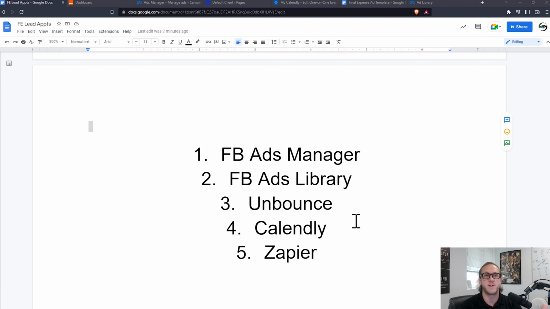This is a landing page builder. There are no free landing page builders that I know of. Calendly, it's going to cost you like $10 a month, and Zapier is probably going to cost you $20, $30 a month. Very, very minimal, considering that you're generating high-intent calendar appointment leads from Facebook or from YouTube, whatever it